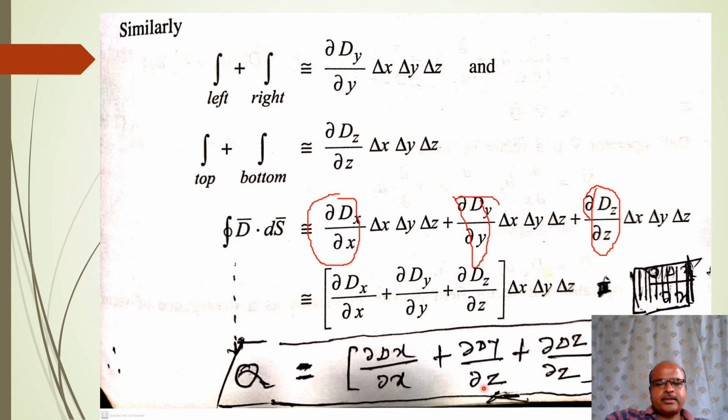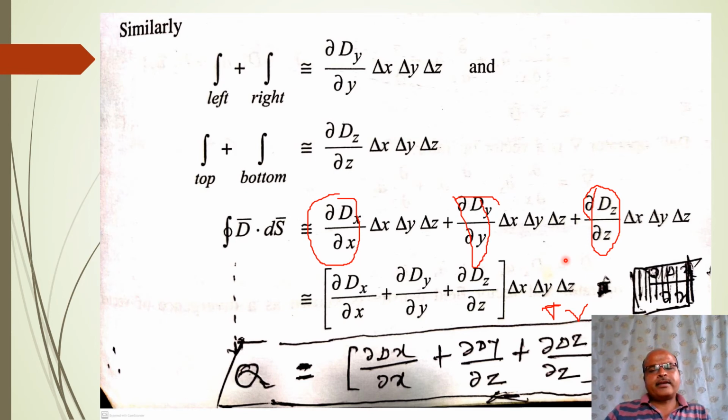Okay, so this is the last equation, where we have derived the application of Gauss law in case of a differential volume element. So this ∂x ∂y ∂z is represented as ∂v, the product of three lengths, and we will get the last equation like this. This is the derivation of the application of Gauss law in case of a differential volume element.